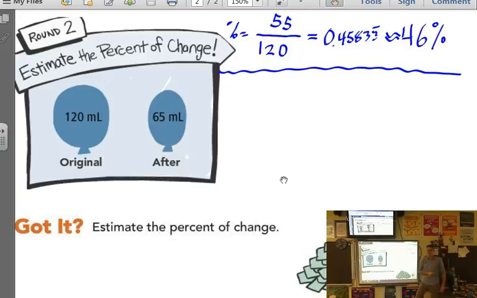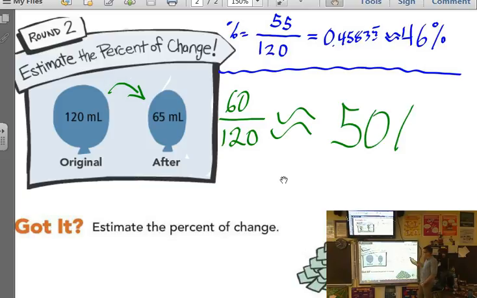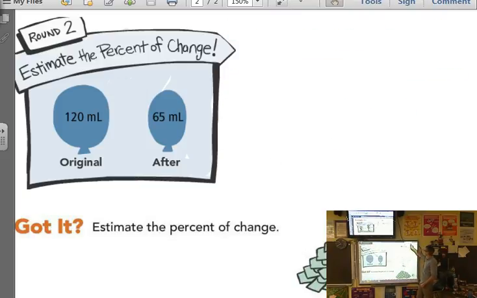So I got 40. I did 45%. I did that because if you take away 5 from the 60, it's exactly half, so I just subtracted. So if I estimate my percent change, my amount of change, as 60, my original is still 120. So an estimated percent change here would be approximately 50% decrease. And then I subtracted the 5 from the